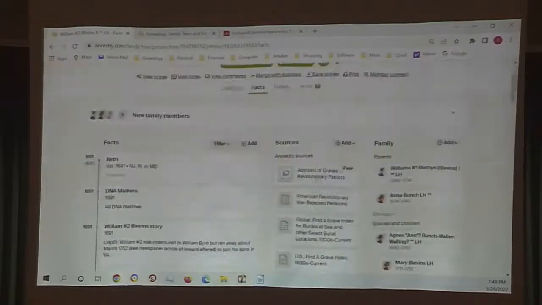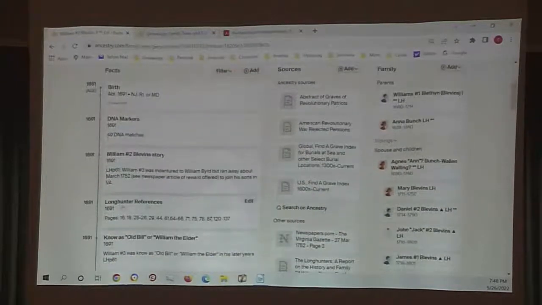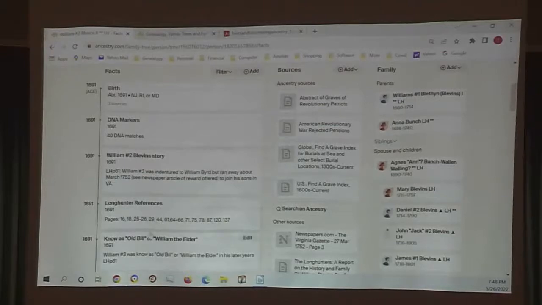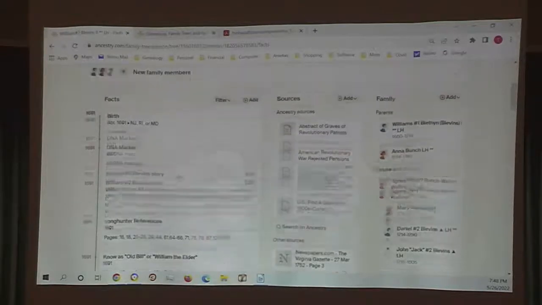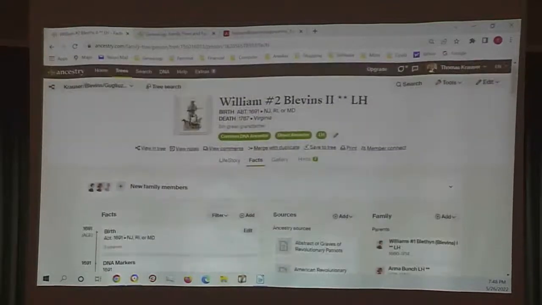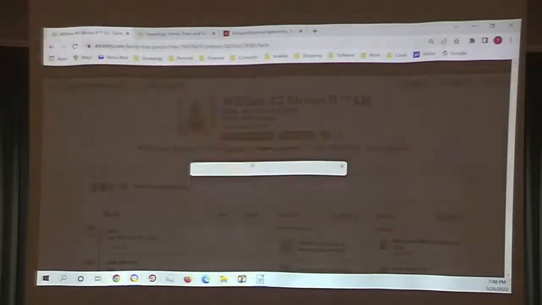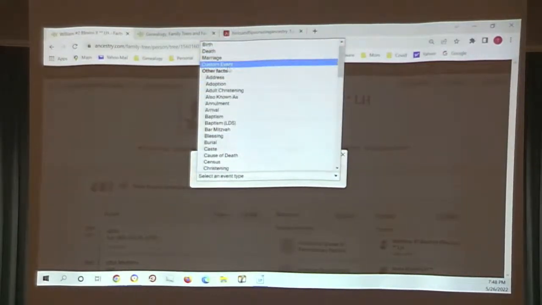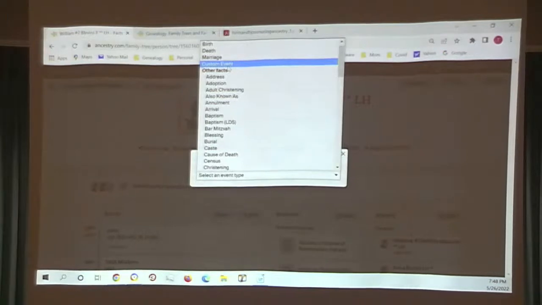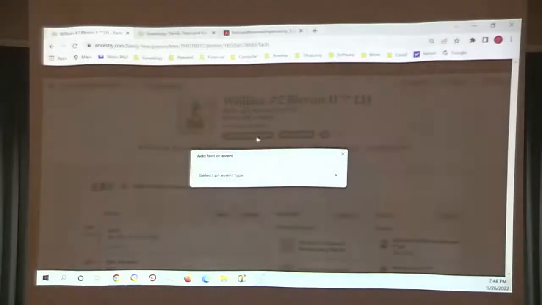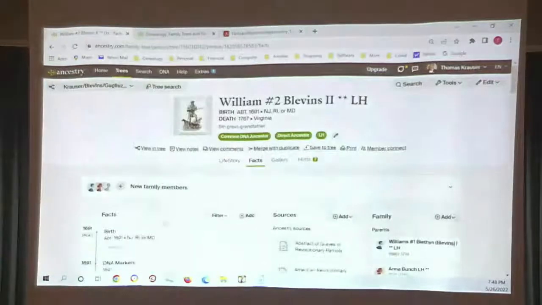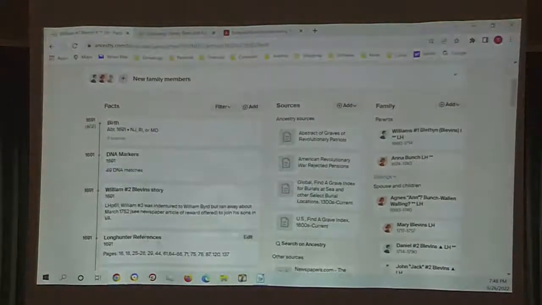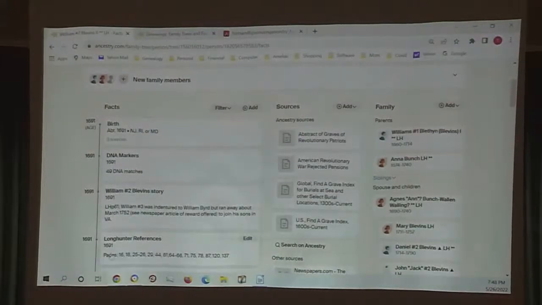Okay, and I also will create a special tag down here. This is a custom tag, and that's when you add it from here. You add a custom fact, and then this one's a custom event. You guys use events much? Okay, so I created a custom event, and I called it the Long Hunter references,